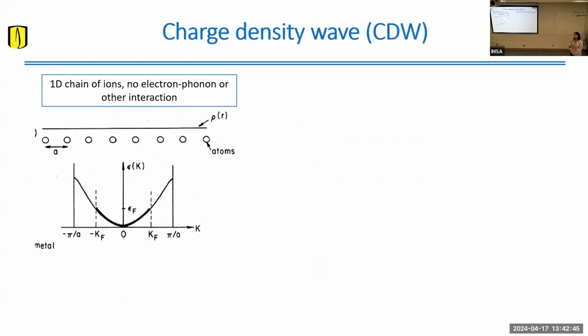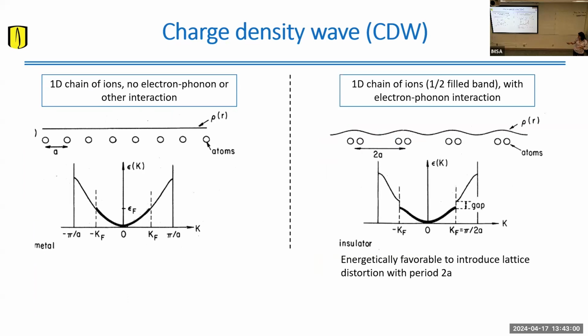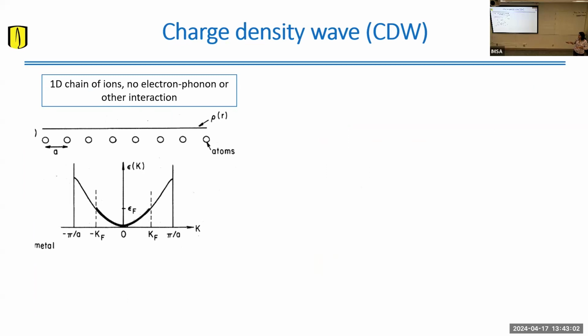First, a very fast review of what a charge density wave is, in case there is any mathematician in the group who does not know. A charge density wave is a periodic arrangement of the charge density. If you have just a simple metal with a parabolic dispersion, you fill electrons up to the Fermi level. You have your ions and a flat arrangement of electrons, completely delocalized in real space.